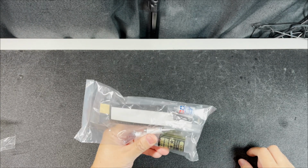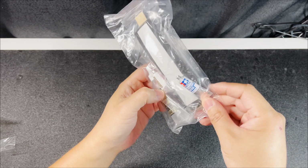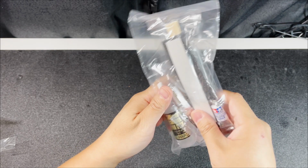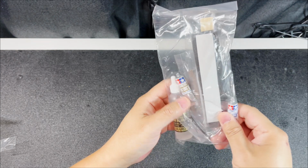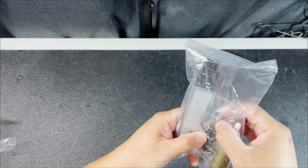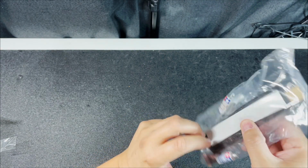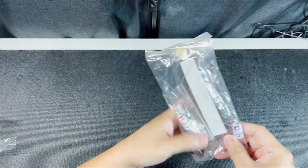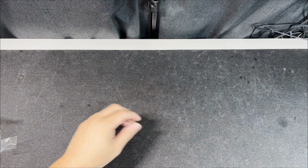And here is a bag of just miscellaneous things that comes with the car. You have the damper oil, you have the poly. That's the poly grease. This is probably the ceramic grease. I recognize the color. So it's giving you both colored greases, both types of greases. A bunch of screws. There's the cross wrench, some double-sided tape, some foam, which is probably for the battery compartment. So yeah, that's it. That was the entire